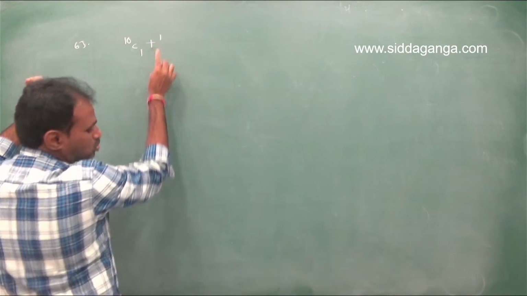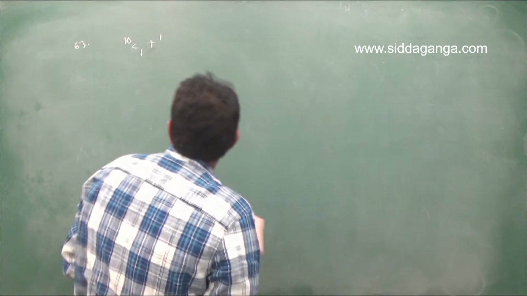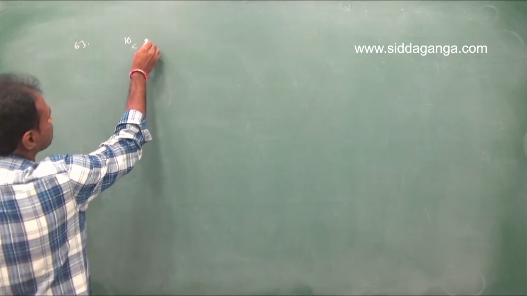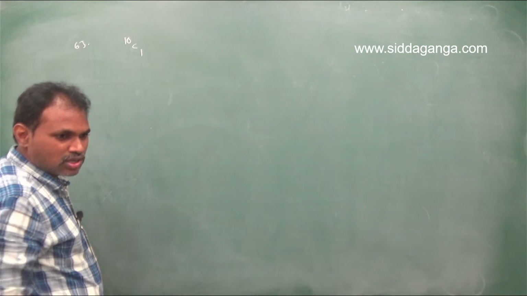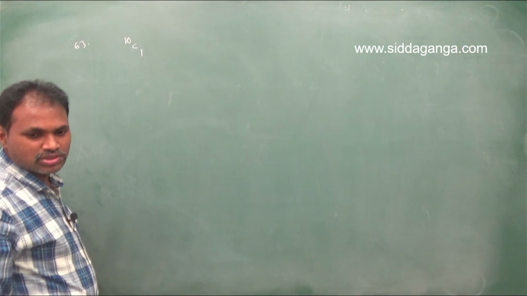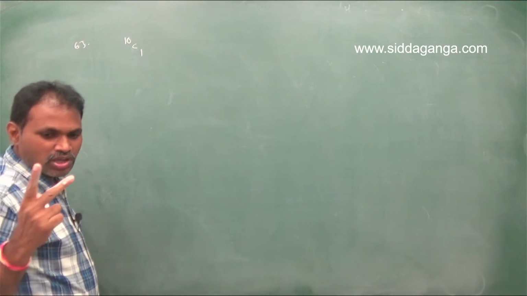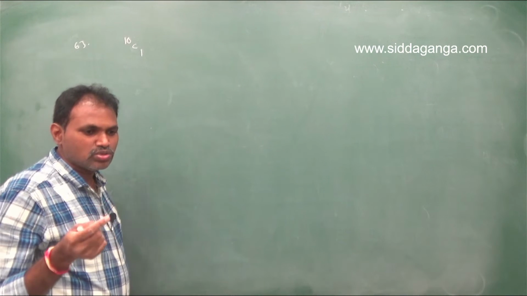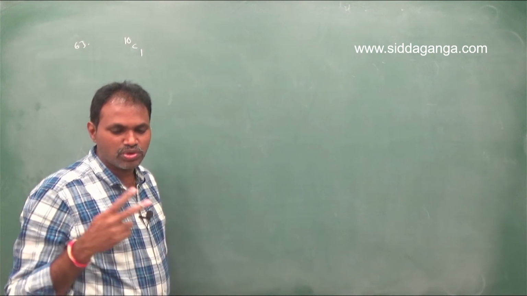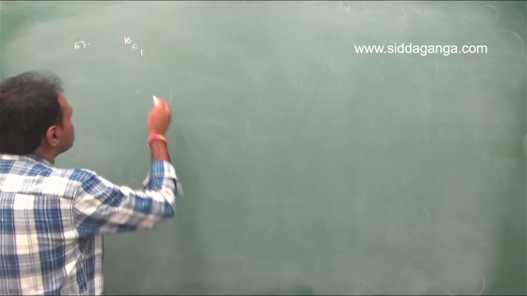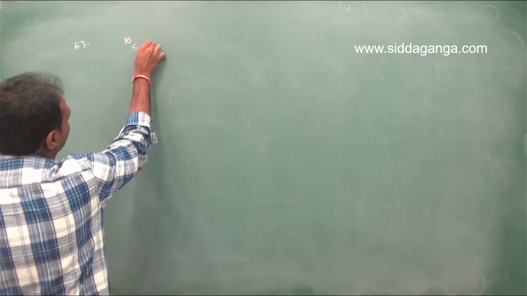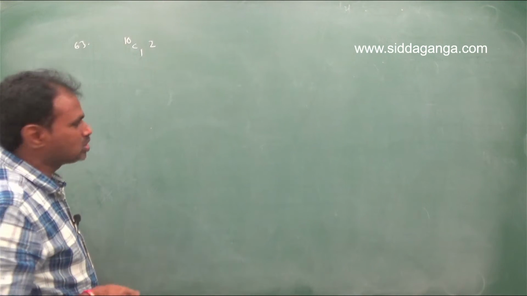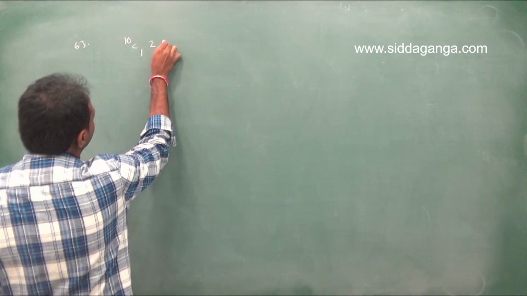Next, suppose two questions you selected. Suppose one question you selected, 10C1. Now for that question, how many alternatives are there? Each question having an alternative means each question having two possibilities. Therefore, you selected one question. For that, how many alternatives are there? Two alternatives for one question. Therefore, 10C1 into 2, plus.